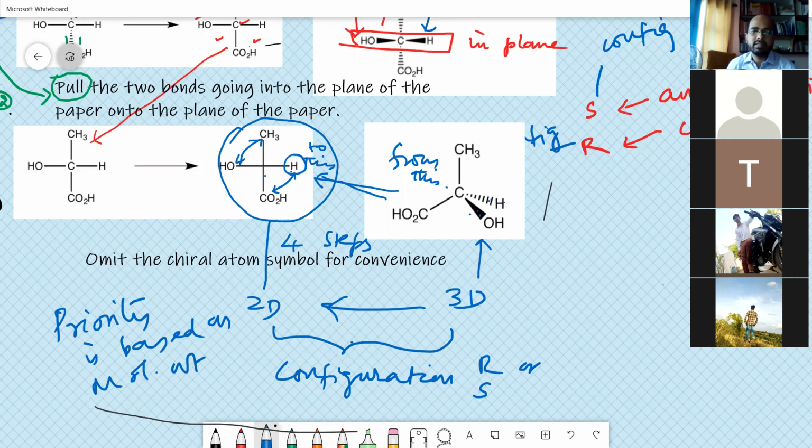So with this, I'll stop the sharing of this screen because time is getting up, and I'll upload the video in a few minutes. You just go through it and find out how you can convert a 3-dimensional structure into a 2-dimensional structure. Understand all the angles, understand the chiral center, understand what you're going to do in this configuration. Thanks for listening. We'll see you soon.